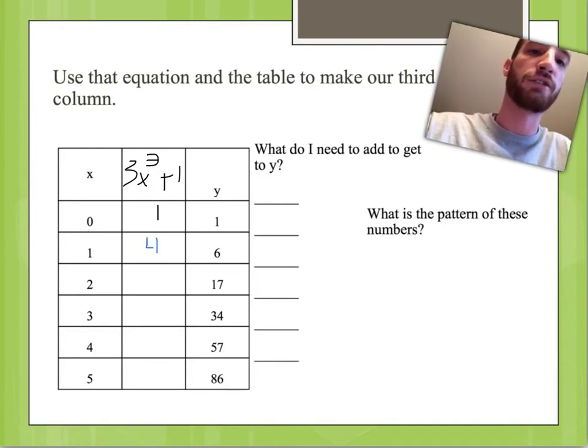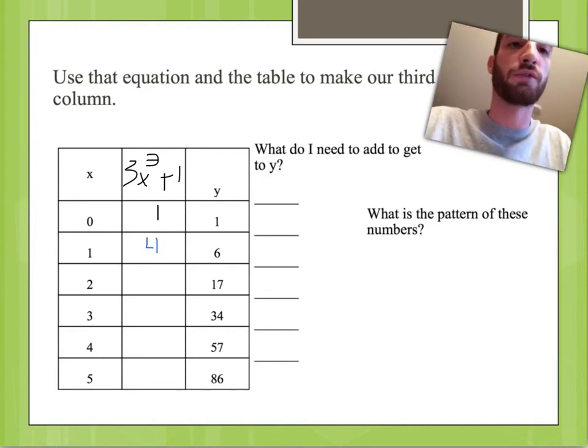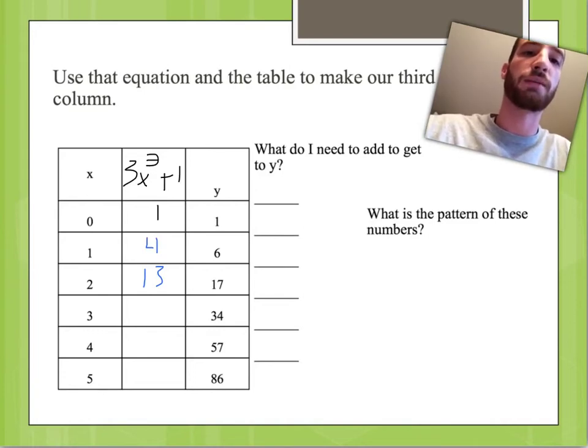If I take 2 and plug it in for x, 2 squared is 4, 4 times 3 is 12, 12 plus 1 is 13. If I take in 3 and I plug it in, 3 squared is 9, 9 times 3 is 27, 27 plus 1